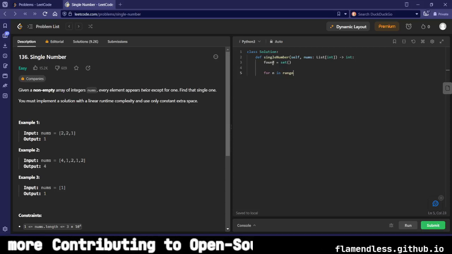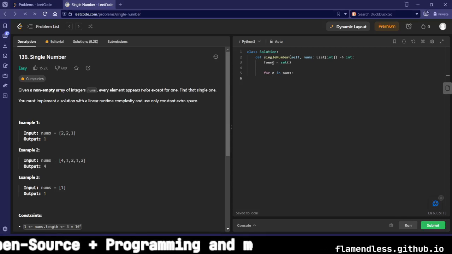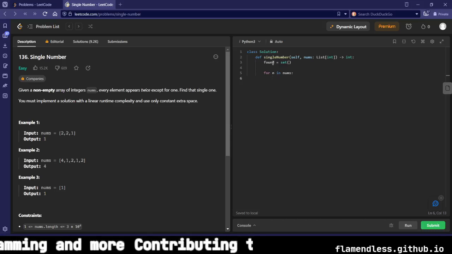So if n is, actually that's not, we do this the other way around, like finding the duplicate, that would be easy. But since we're going to find the unique one,